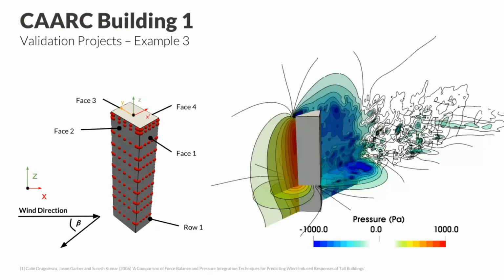All right, and then the last example, and I guess the one on which we will spend most of the time here, is an experimental validation of the flow around a high-rise building. So we can see here on the left, very simplified building with all of the red points indicate measurement points from the wind tunnel. You can see the literature at the bottom here where different measurement techniques were benchmarked against each other. So the paper contains two different techniques, how the pressure was measured at these different points, and they provide both of these methods. We're going to see it in a second. And we can see that I think it's 180 points or 150. We have pressure values